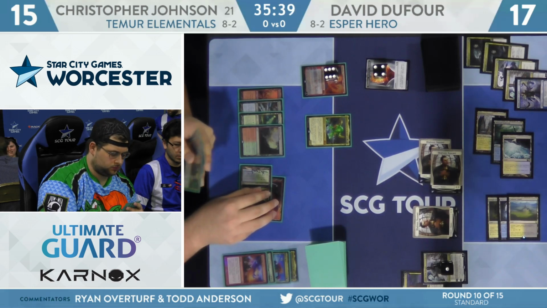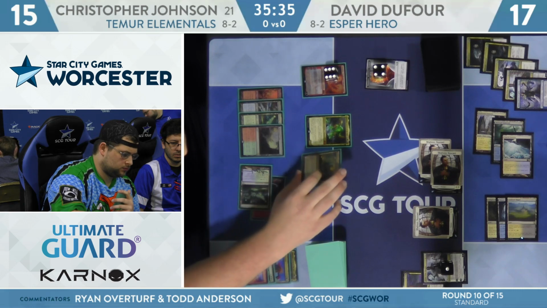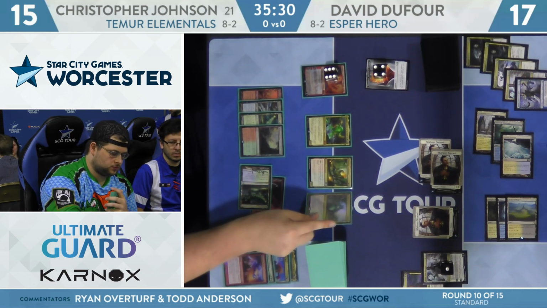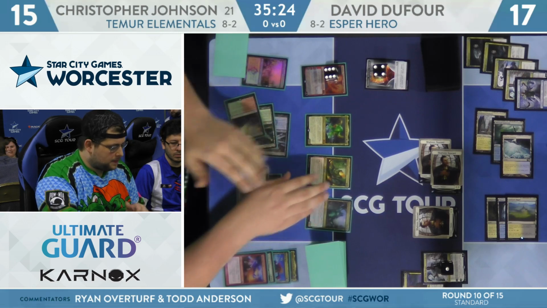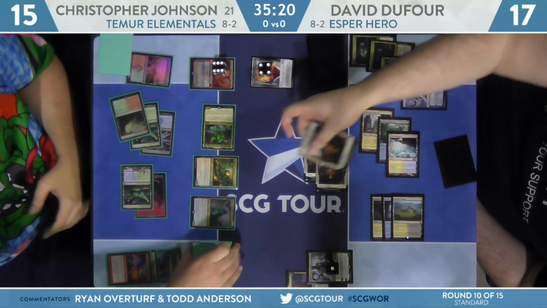And Johnson is just milking it for all it's worth here, putting emblem after emblem onto the battlefield for Dufour, and he's taking 4 damage a turn. How do you get out of this? Yeah, it's going to be rough. And here's Creeping Trailblazer for Johnson, as well as the Living Twister redeployed. Yeah, not really a great defensive card here, but